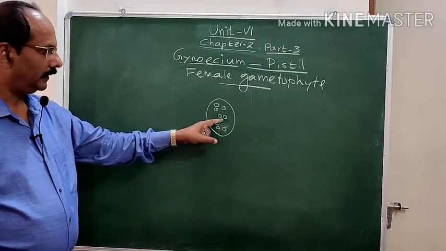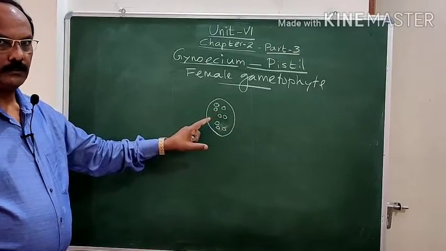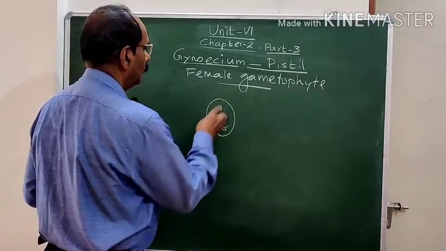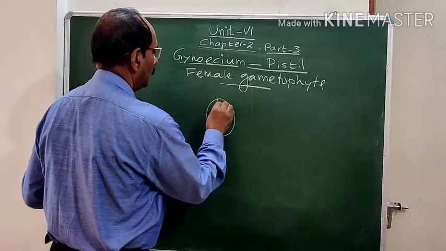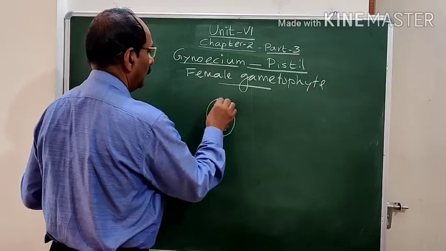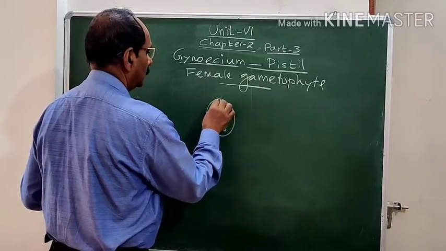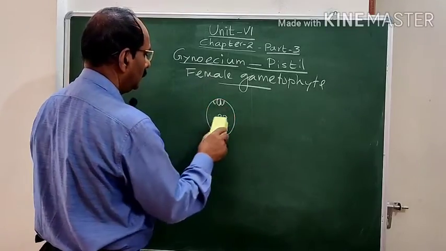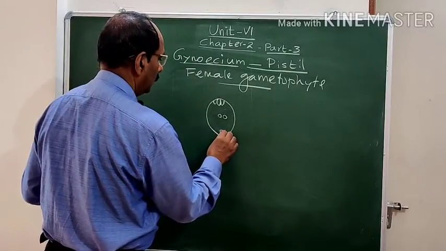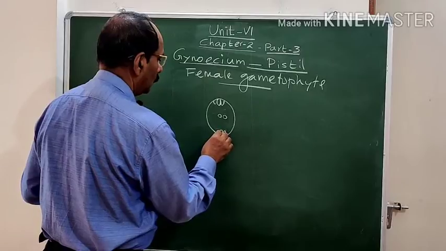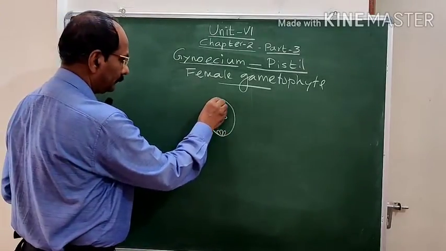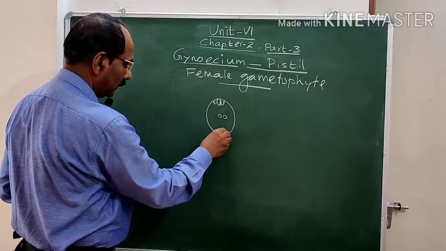So, this one remains as such without producing the cell wall. Here these three are moving towards the micropylar end, with one remaining in the center that is producing the cell wall, and two remaining on either side. And these three also at the chalazal end, with one remaining in the center and two on the sides. So these are the cells with the nucleus. And now six cells are formed.